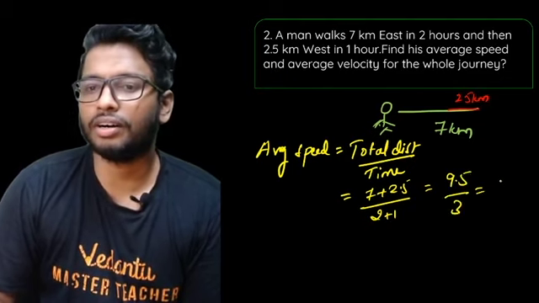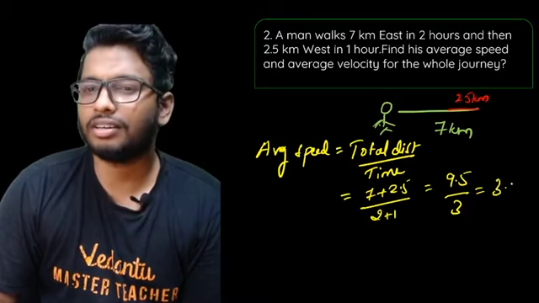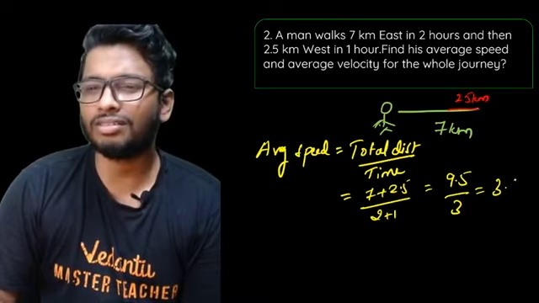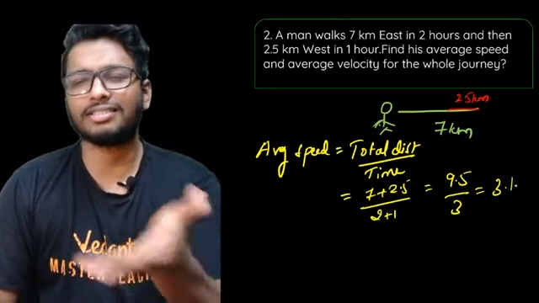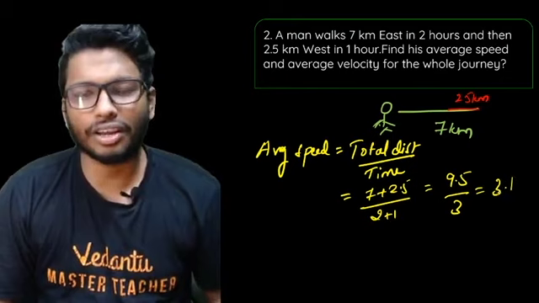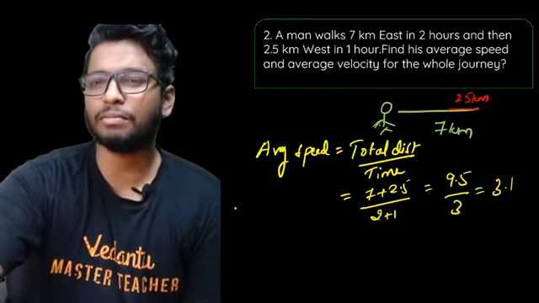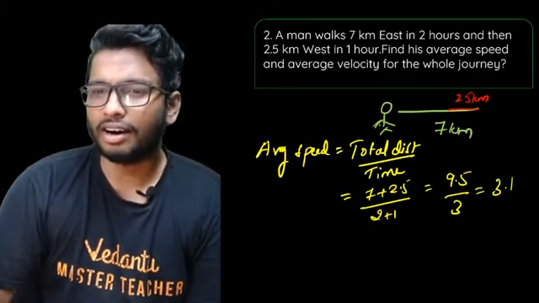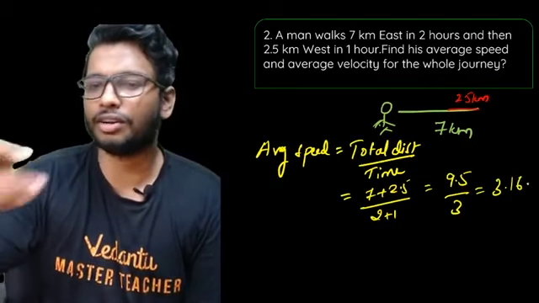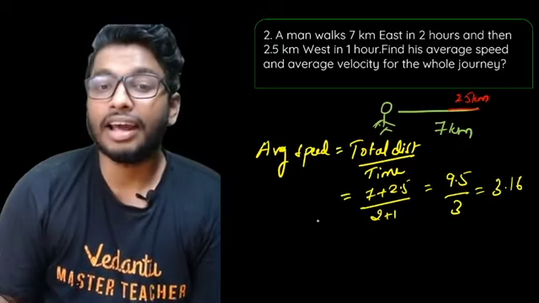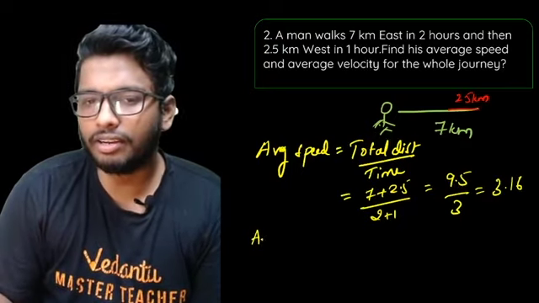So that'll be around 3.1, 3.16 I believe, maybe something like that. That is what you're going to get as the average speed. If you want, you can round off the value and take it as 3.2. Yeah, I'll get it as 3.2 itself. Now, to find out the average velocity on the other hand,